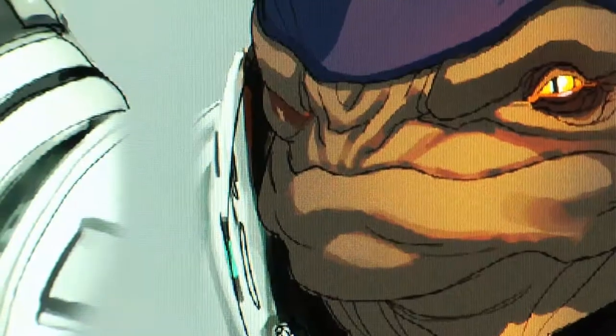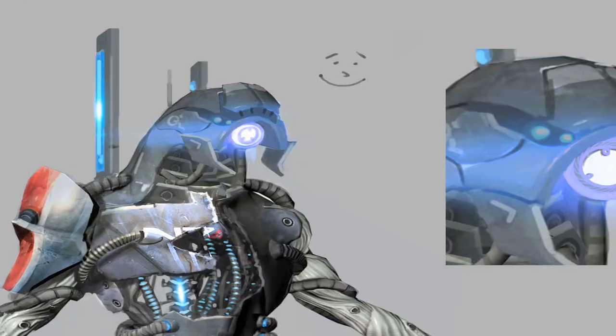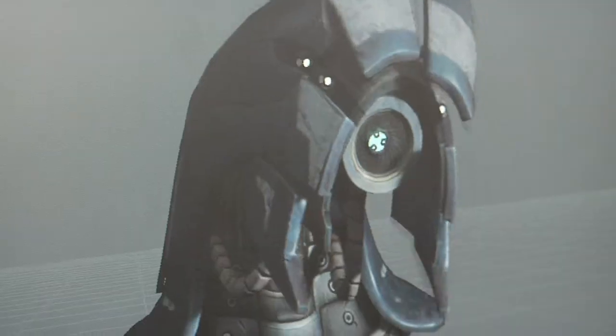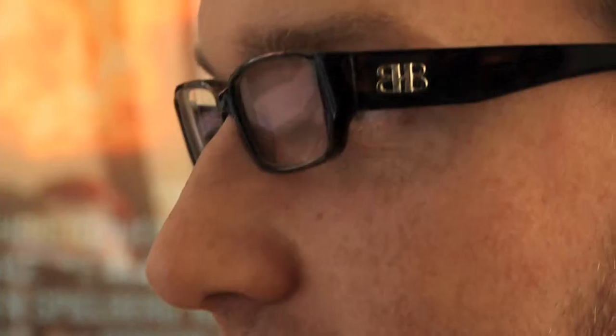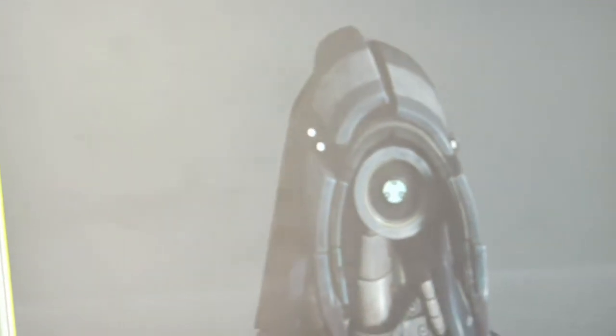I think you've seen the Geth in our teaser trailer. He was probably the biggest challenge in Mass Effect 2 because the Krogan has 2 eyes and a mouth, and Salarian has 2 eyes and a mouth, so they kind of follow that pattern. But for the Geth, he's got all these articulated plates, he's got this really complex lens there. So using a system that wasn't meant for that to build out a wide range of emotions for him was really difficult. This is like a question brow. You can put on a perplexed brow, you can add them together. We ended up doing stuff like we put a small light on him that can change color depending on what